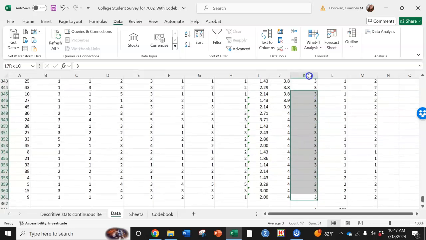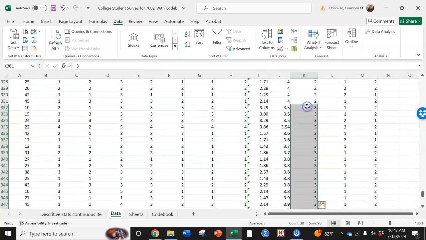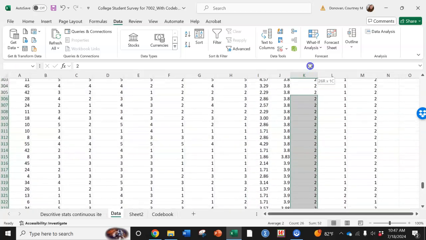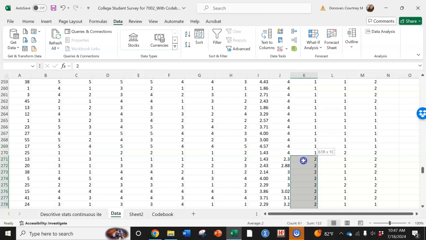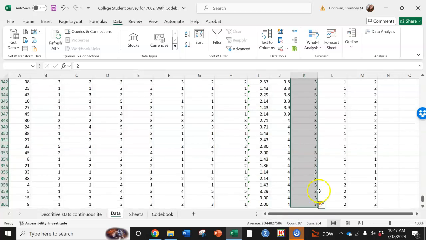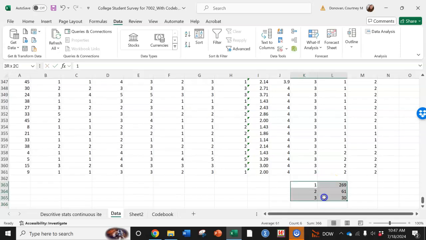My 3s, again, I'm just going to scroll up, look down here. I have 33s. How many 2s do I have? I have 61 twos. So I'm going to just go down here and say I had 61 and I had 30. So now what I can do is I can highlight these two, kind of like this little mini table,